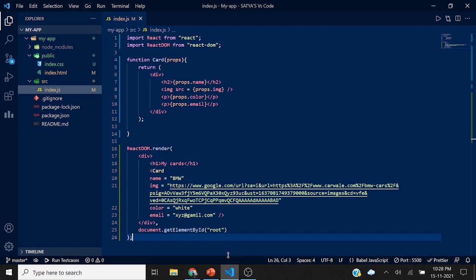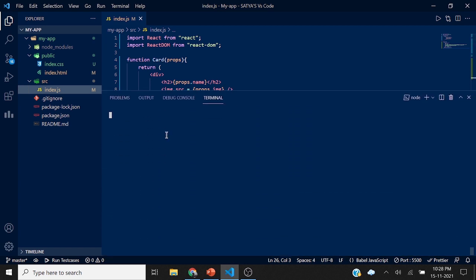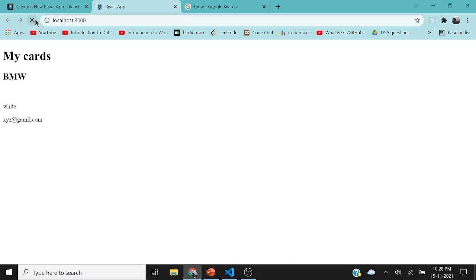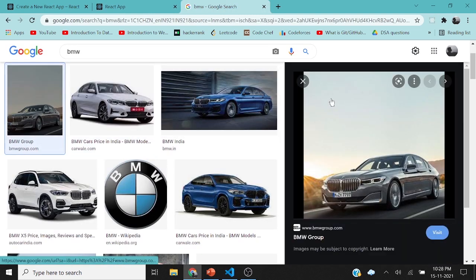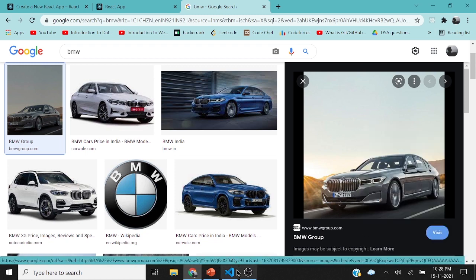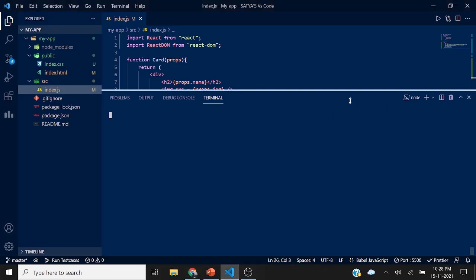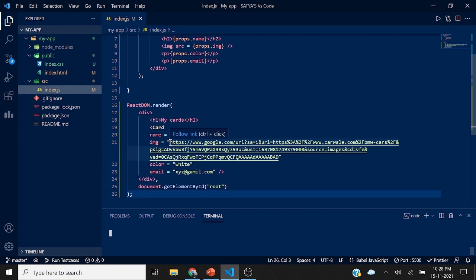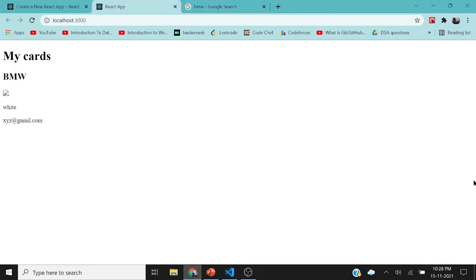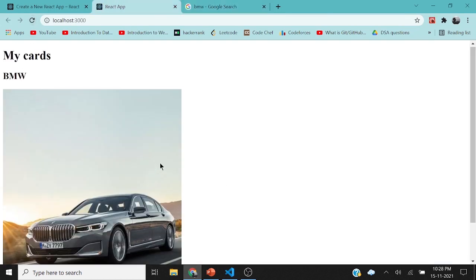Let's bring our terminal up. I think I need to restart it. As you see, there's some mistake with the URL, I guess. Copy image address. So my page is rendered now.